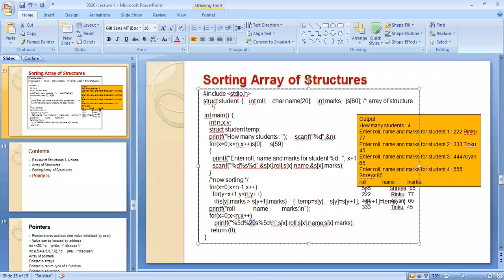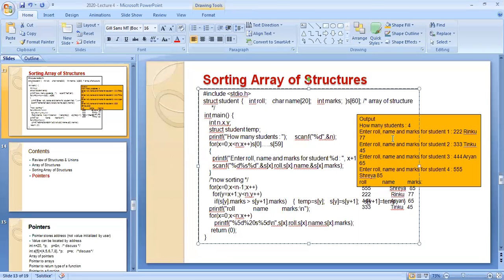See here, this will be the output. After 555, you have this much space. This much space represents %20s, leave 20 spaces and then print. Next again %5d, you again go with 5 digits. So for printing, s of x dot roll, s of x dot name, s of x dot marks.